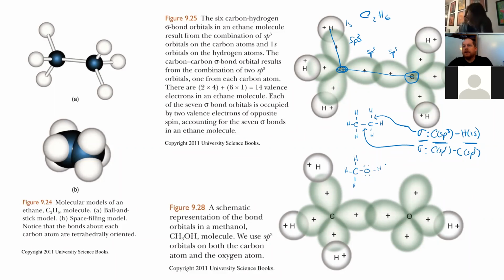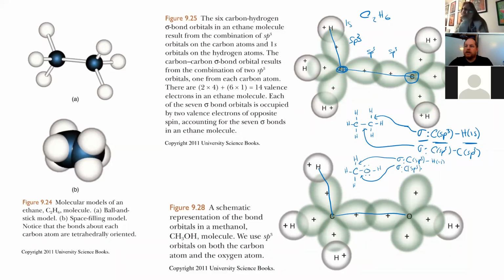something like that. Now you've got 3 different types of bonds that you could identify. You have the carbon-hydrogen bond, right, which is a sigma bond. That's one of these. So sigma bond coming from the carbon sp3 orbital to the hydrogen 1s orbital. You have a carbon-oxygen bond, right, which is a sigma bond. That's this one here, coming from the carbon